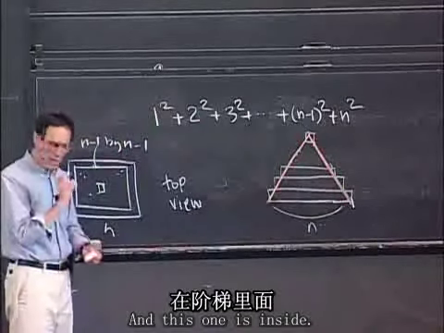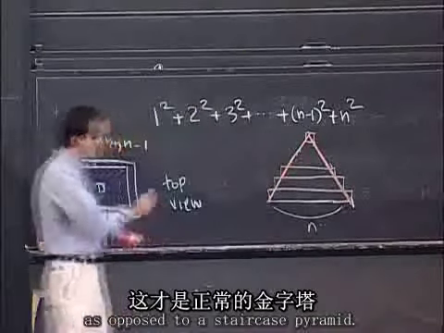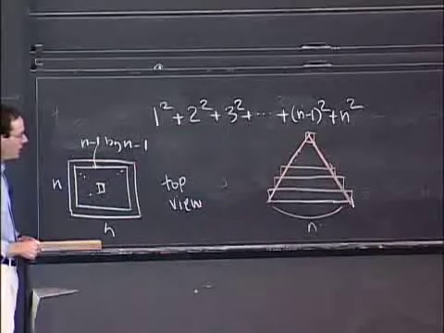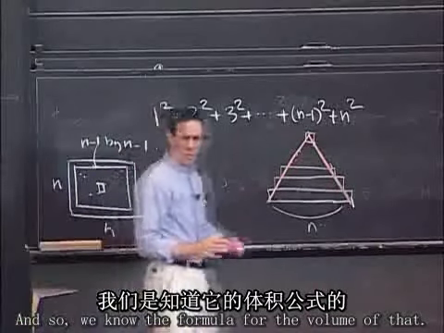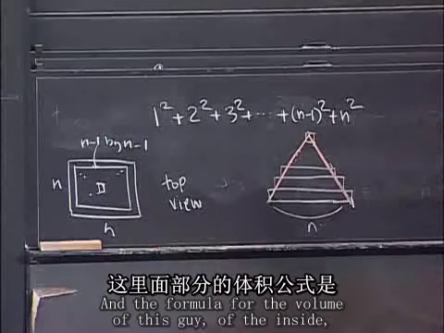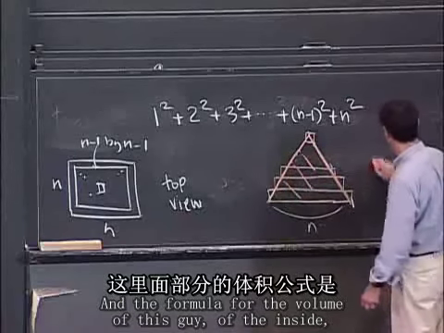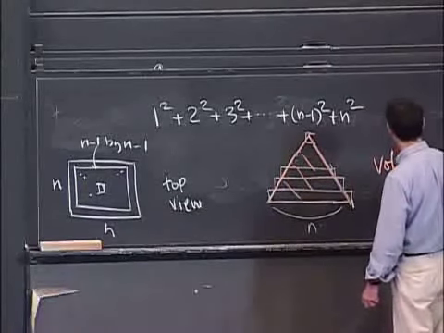And so we know the formula for the volume of that, because we know the formula for volumes of cones. And the formula for the volume of this guy, of the inside,